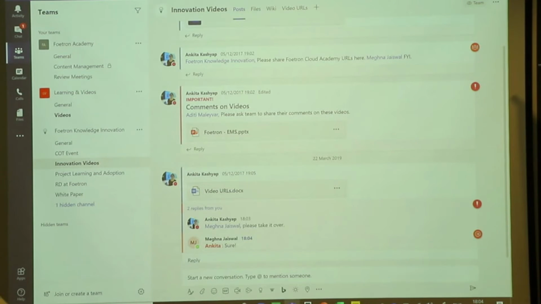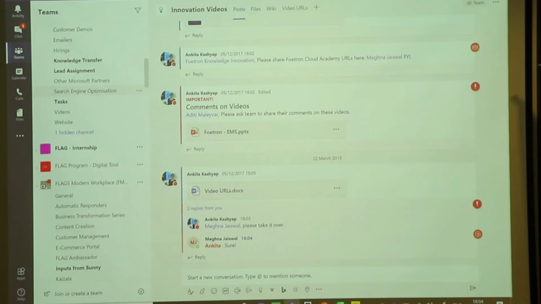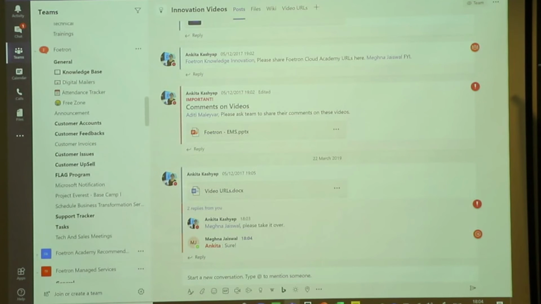In Outlook, the new messages and the old ones are differentiated by bold, so that we know, okay, these are the new messages. Yeah, so here you can see that innovation videos is in bold now because she responded. If I show you here, you can see videos is in bold, or all these threads are in bold. So there is some conversation going on here.